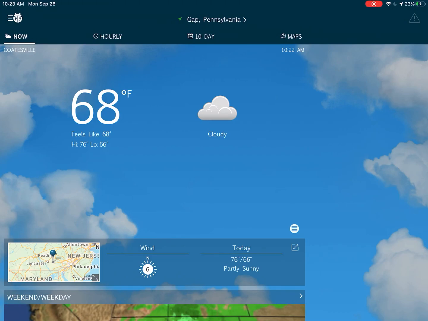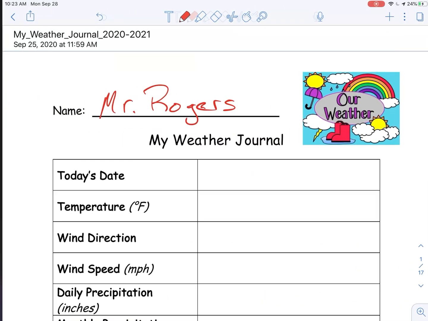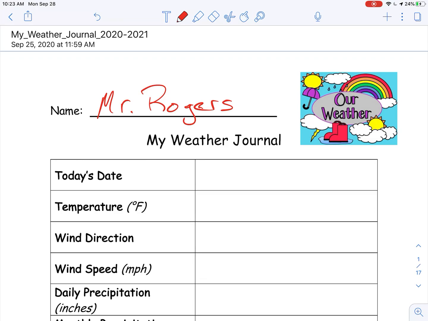Today we're going to talk about using an app called WeatherBug. It's downloaded onto your iPad, and if the name doesn't give it away, we are talking about using and recording data on weather. And in your Schoology course, you'll have a document that should look like this. It's called My Weather Journal for